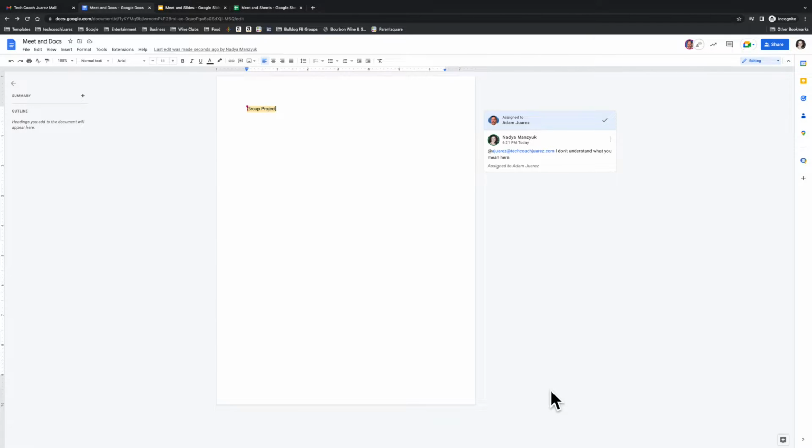Google Meet Scenario 6. In this scenario, we're going to take a look at how you can start and initiate Google Meet from Google Docs, Google Slides, and Google Sheets. Let's say, for example, we're looking at Nadia's account here, and they're working on this group project,